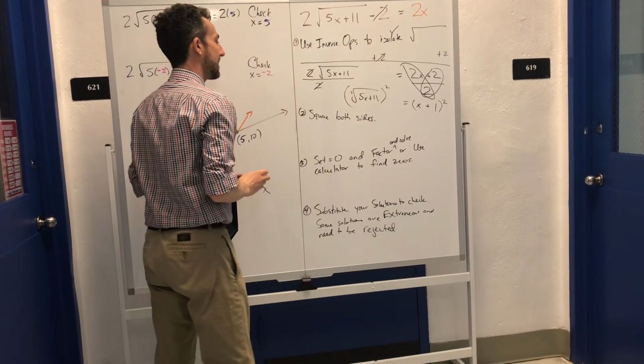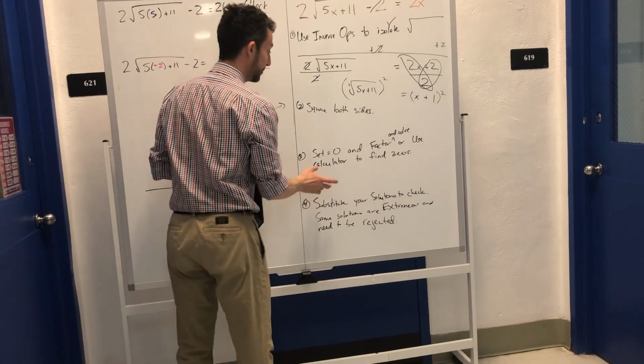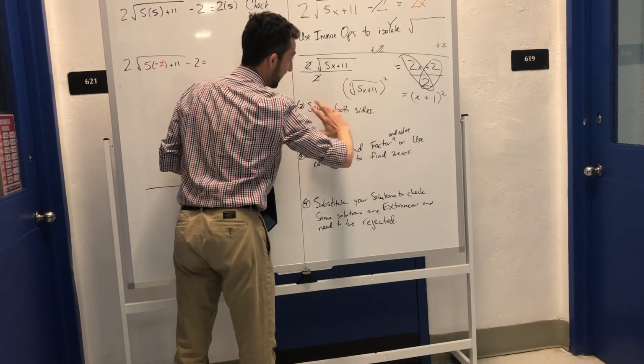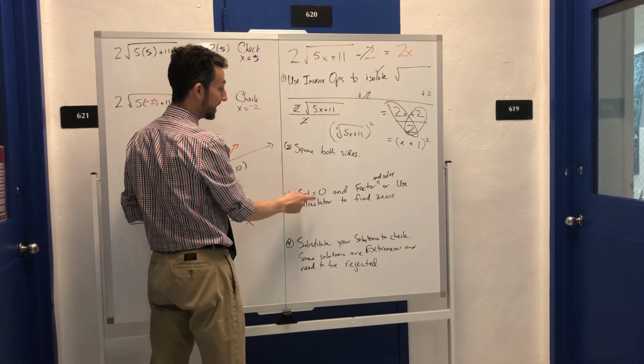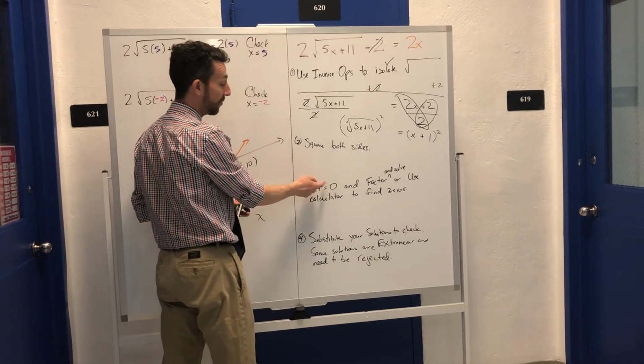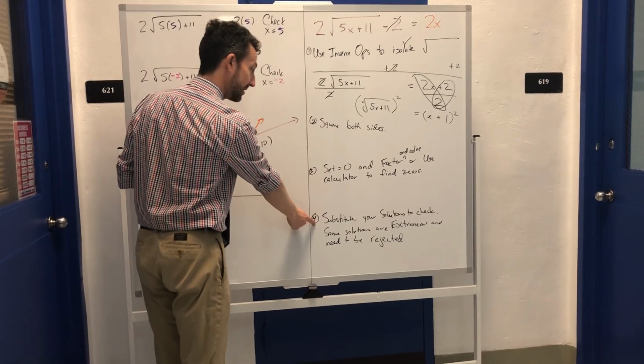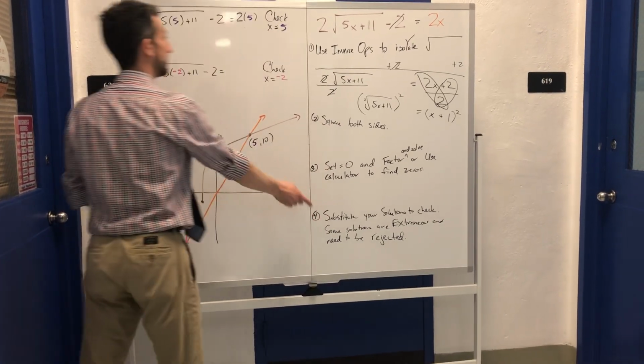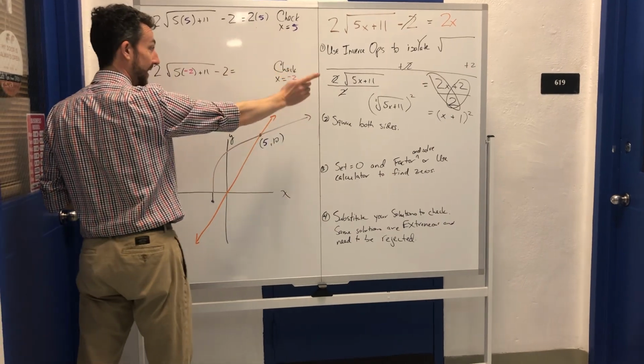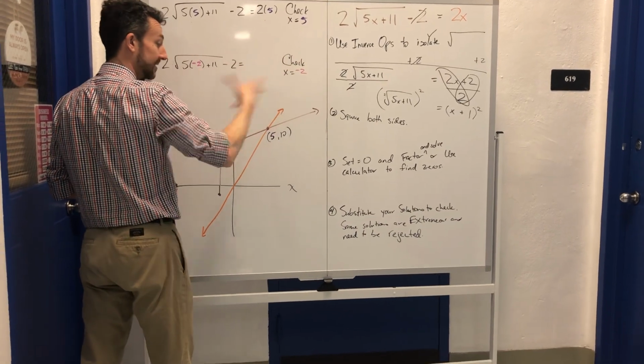Okay. After we do that, we're going to have stuff on both sides, and we're going to manipulate the equation to set the equation equal to 0, and we'll almost be done solving. And then our last step will be to substitute our solutions to check them, because x equals 5 is going to work, but x equals negative 2 is not going to work, and that's something that we have to start